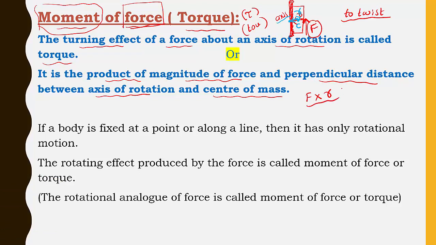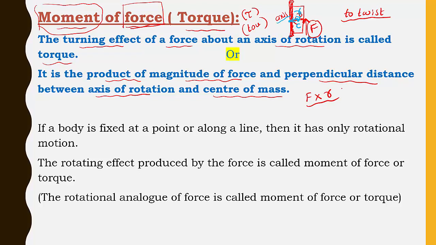So how do we define torque here? It is a product of magnitude of force and perpendicular distance between axis of rotation and center of mass. So that perpendicular distance we have to take, that gives torque. Now you may have the question why we have to consider that perpendicular distance. You can imagine the door: you are going to open or close the door by pushing or pulling only at the other end of the door, because one end is completely fixed to the axis of rotation, and only the other end is free.